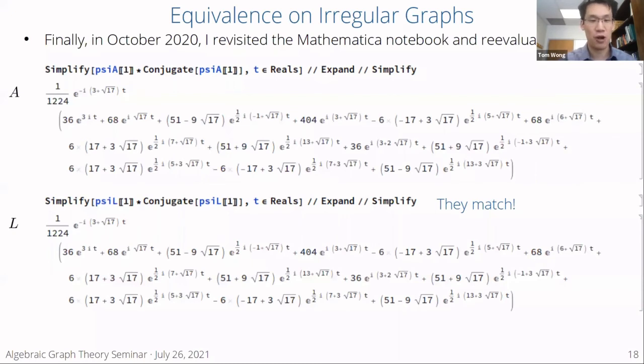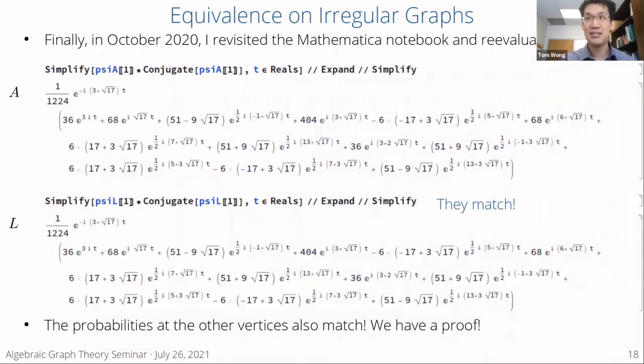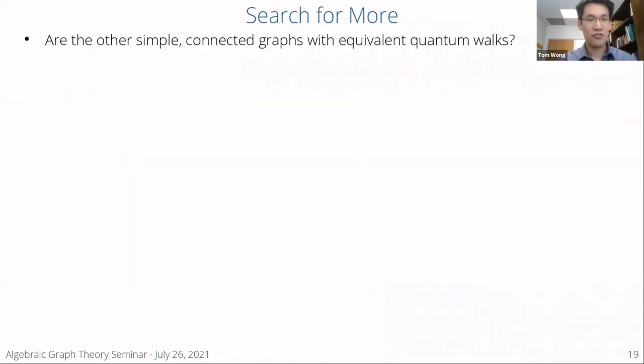And similarly, if you look at the probability at all of the other vertices, they also match. And so this isn't very clean because these are all these complex exponentials when they should be real expressions. But basically, we've proved analytically that the probability distributions of the two walks are identical for any time t. And so we actually do have irregular graphs on which Laplacian and adjacency quantum walks evolve the same way, in the sense that they have the same probability distribution. And so that was pretty exciting. And so that opened up the door for the search for more.